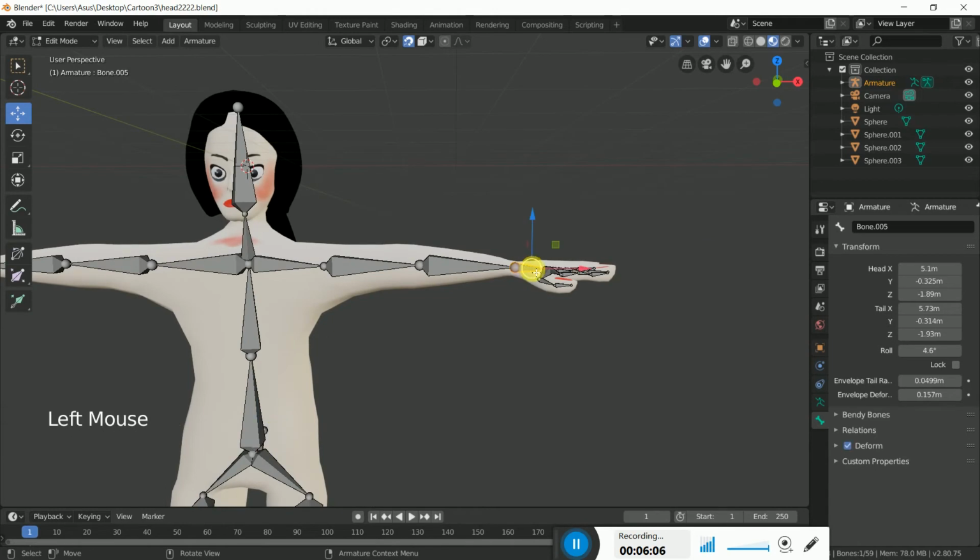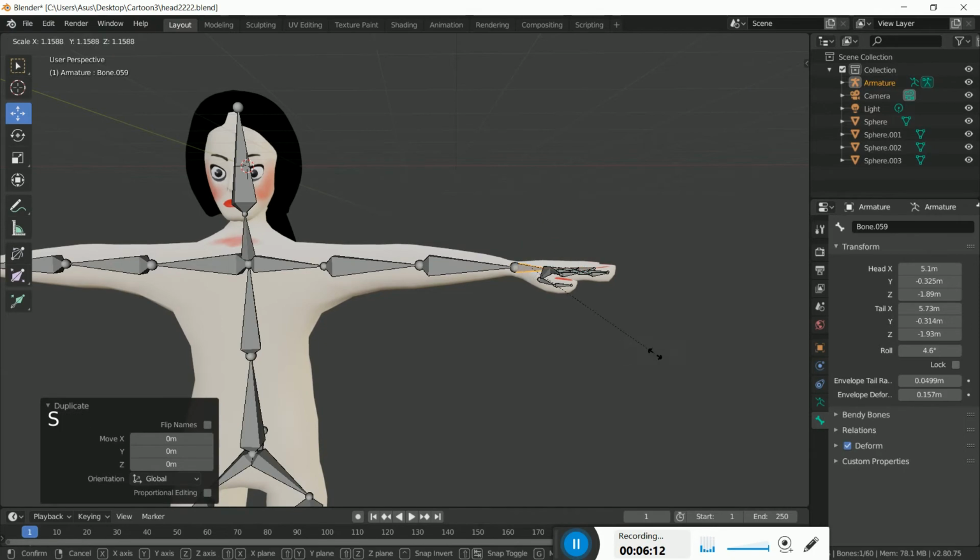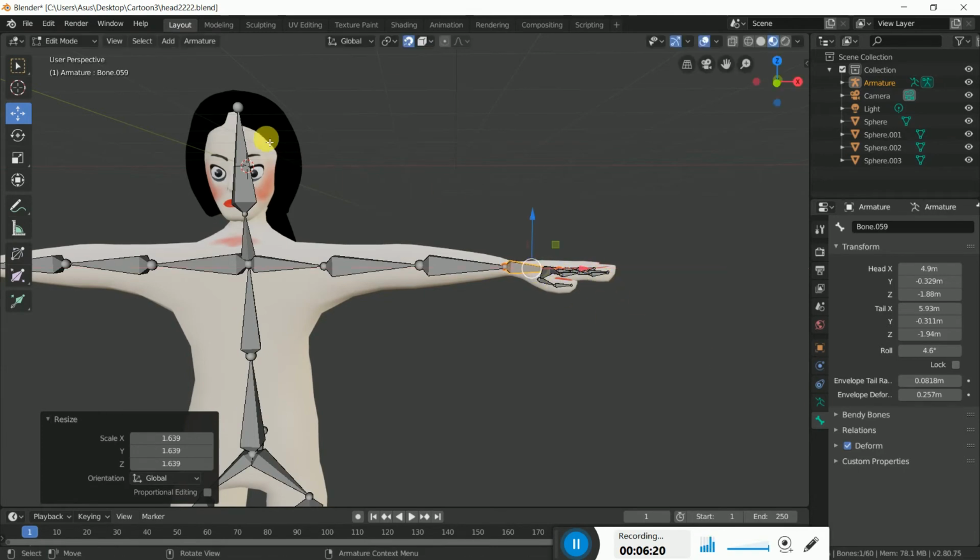So just copy this one bone, Shift D, duplicate it, and scale it more. Just make it a bigger bone, and bring it. Okay. And now we do not need this automatic one, so just click here and switch it off. We need names for some of these bones. These are IK bones, controlling bones. You just click, write IK, click on this bone, and here IK dot. This is the hand, so hand dot L. So this will be the controller bone